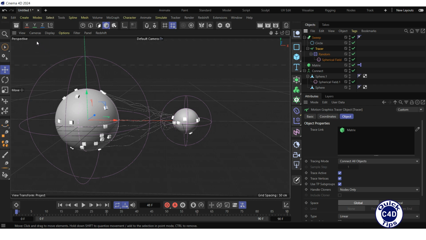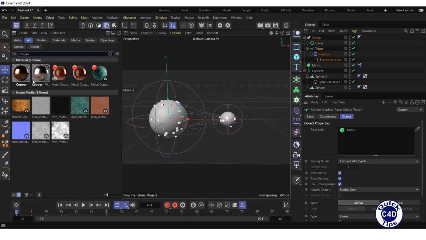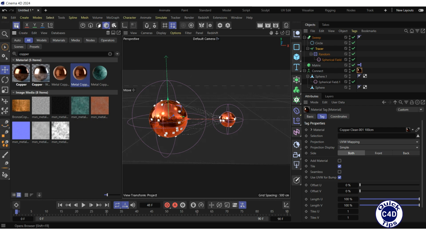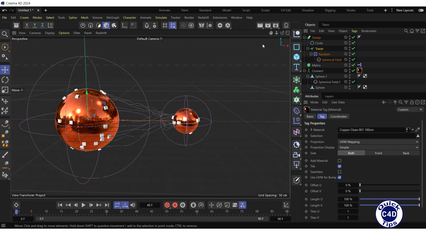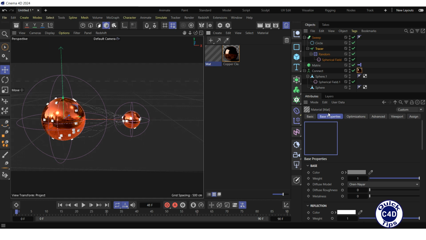Open the Asset Browser by clicking on the Asset Browser logo, search for copper, drag and drop the metal copper clean material onto the Connect in the Object Manager, and close the Asset Browser. Open the Material Manager, create a new Redshift standard material by clicking on the New Default Material Plus logo, go to the Base Properties tab of the material, zero out the weight in the base and reflection sections,